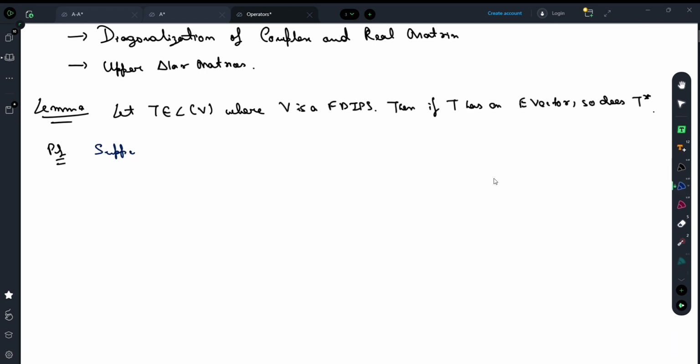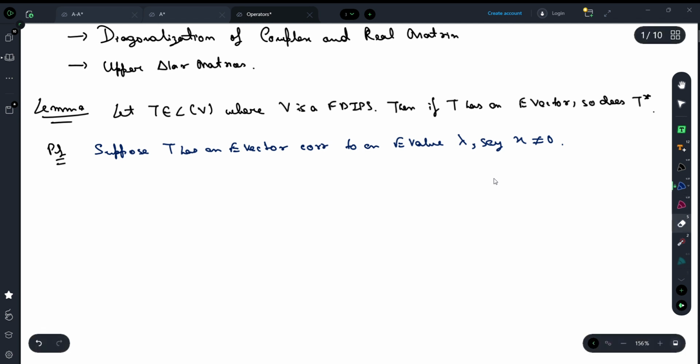So we start with an eigenvector of T. That's quite precise, right? Because we need to consider that T has an eigenvector to show that its adjoint has an eigenvector as well. So suppose T has an eigenvector, let's say corresponding to an eigenvalue lambda. Now by the definition of an eigenvector, it is surely non-zero. So let the eigenvector be x, which is obviously non-zero by definition. Or let it be v, because we will be denoting an arbitrary element by x. That's more conventional. Say v. Then